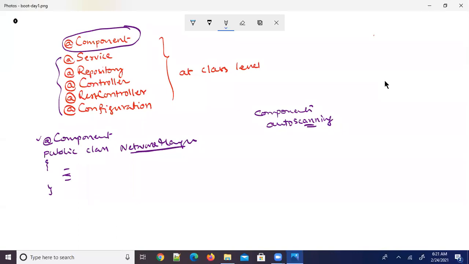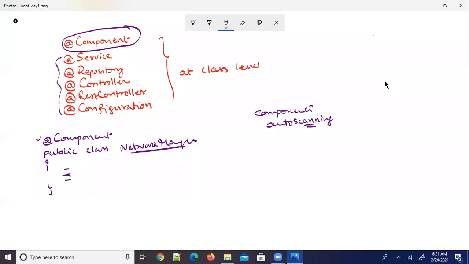This class will be registered in the Spring container. Spring container means, as you know, there are two types of Spring containers. One is the BeanFactory container and the second one is the ApplicationContext container. But as I said already, BeanFactory container is not used. BeanFactory is the basic container that we had in Spring 1.x and 2.x. Of course, even now we have BeanFactory, because ApplicationContext is a sub interface of BeanFactory.